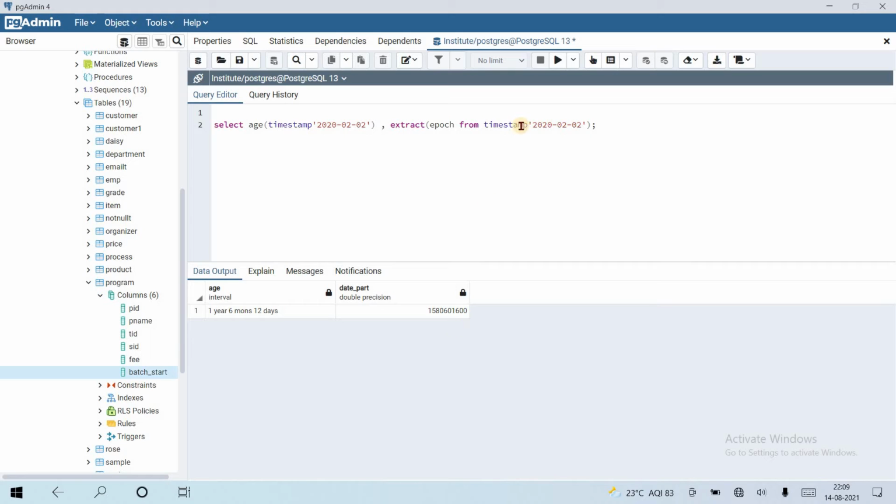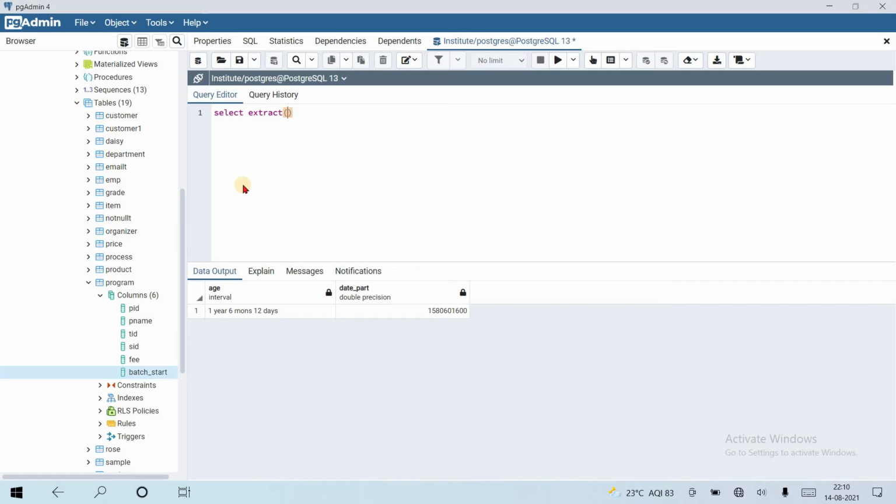In the arithmetic operation we have used various date and time functions. Let's use epoch with the arithmetic operation. So select, first, suppose, extract epoch from timestamp, or you can use another one, the date_part function also.